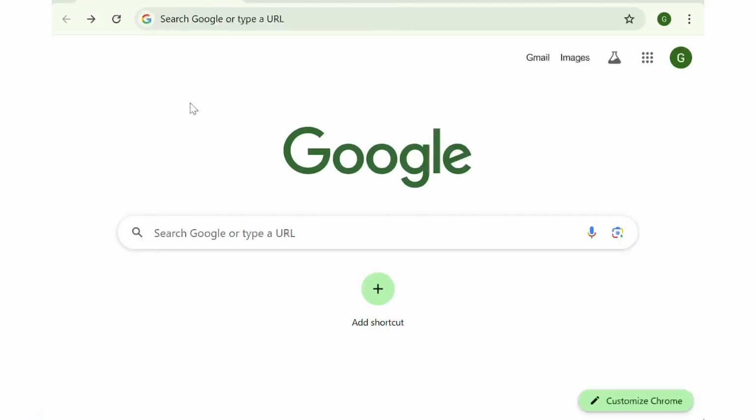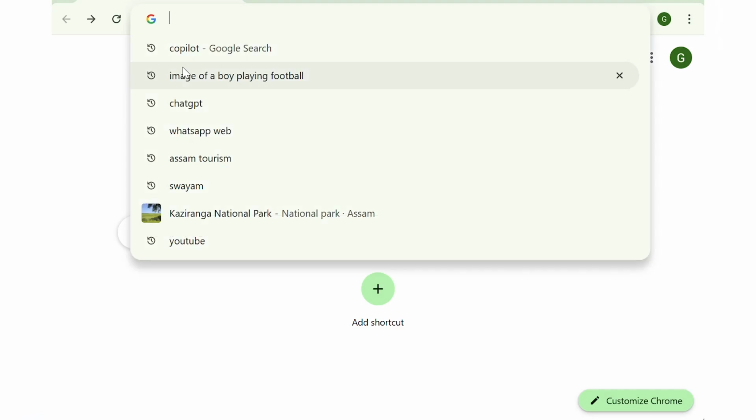Now let us explore how you can interact with Copilot effectively. The key to unlocking Copilot's full potential lies in asking clear and concise questions. Let us break this down with some practical examples. Let us first explore how to access Microsoft Copilot. So open the web browser and type